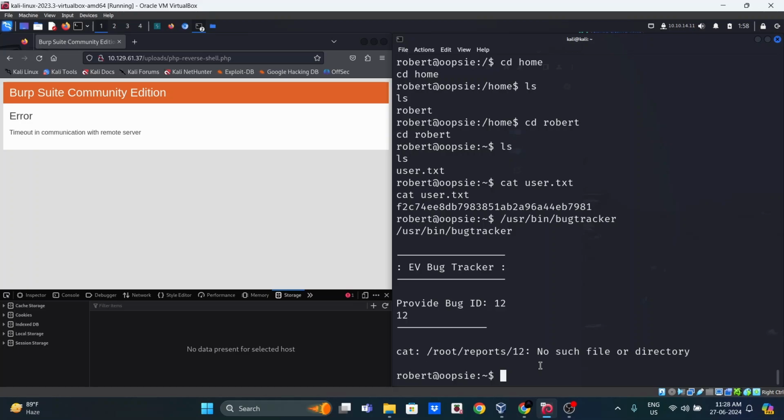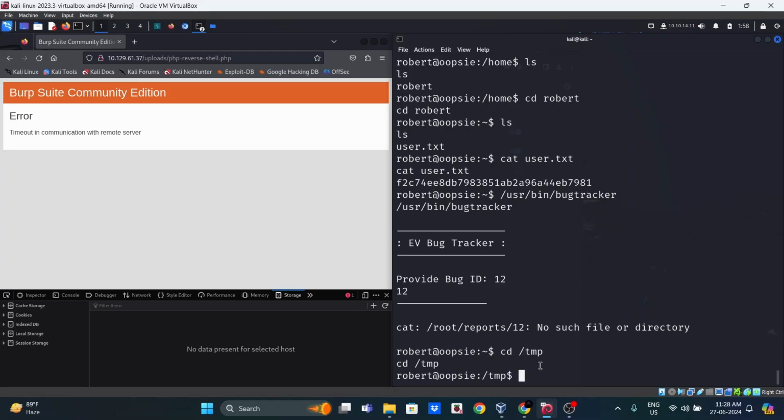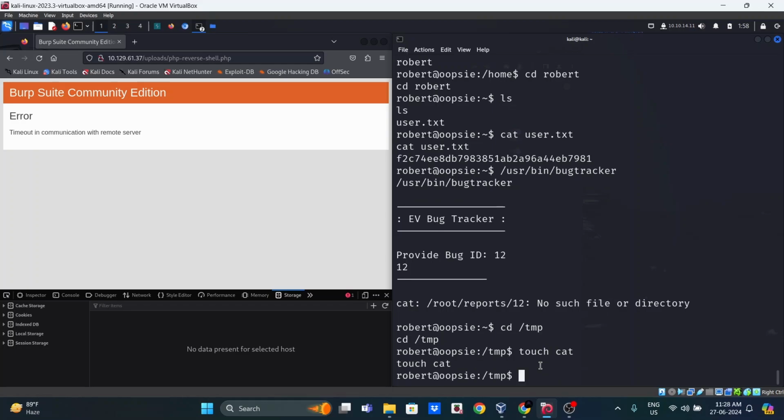All right, and in order to do that, we can create a file called cat and use that to be opened up using the bugtracker program. So we can go to the temp directory and we can create a file called cat,